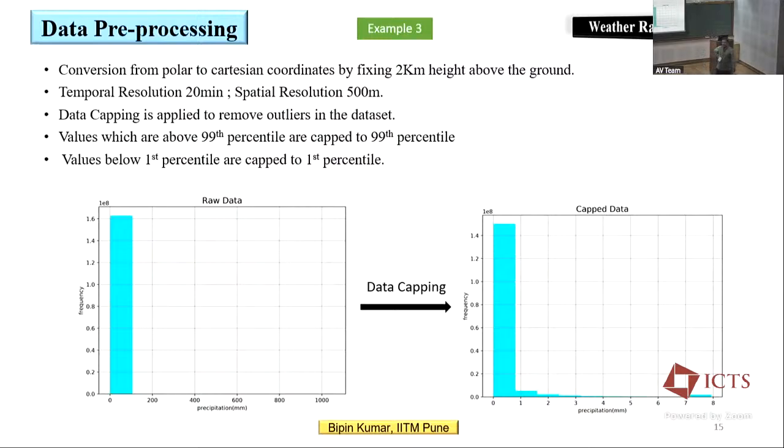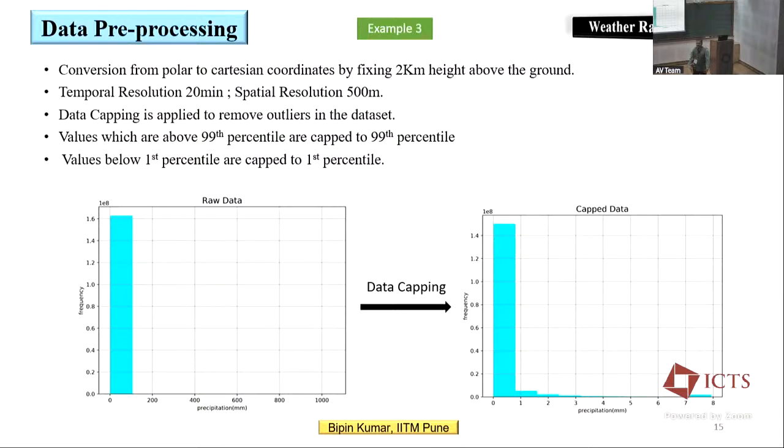See the x-axis range. What is the problem here? This is the frequency, this is the range. This is the precipitation in millimeters. Yes, if it is nowcasting with 15-minute or half-hour interval data, can you think that in half an hour we will get 1000 millimeters?